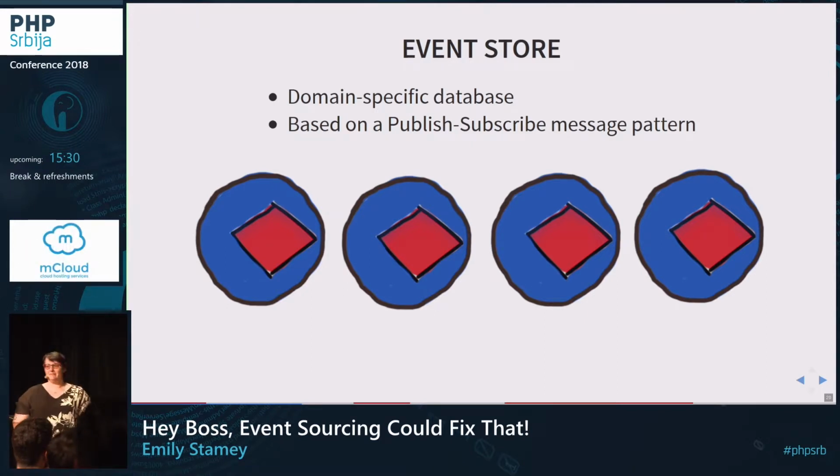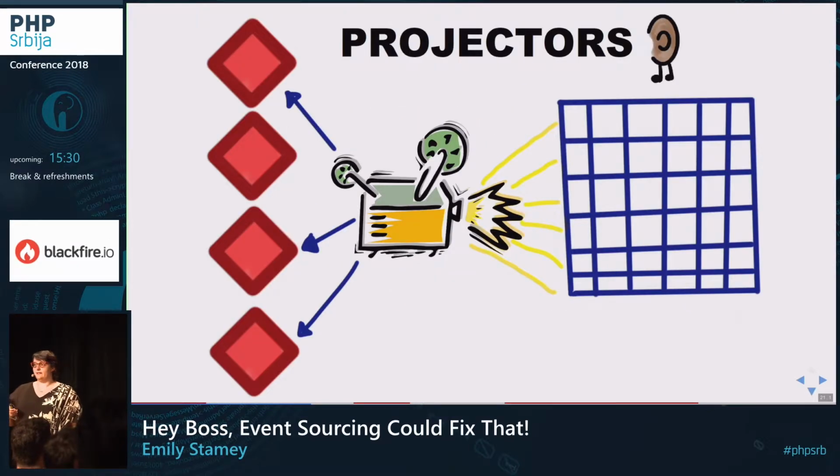My event store would look like this because I'm storing my domain message, and the payload is the event itself. The sequence of these events and when they happen is important. My listeners are subscribing to the events that they care about, and they're all listening to this event store.